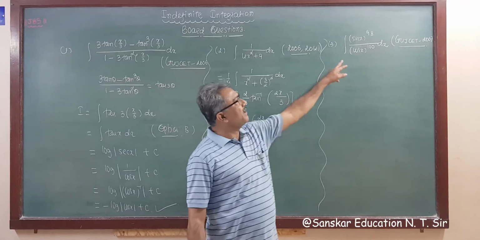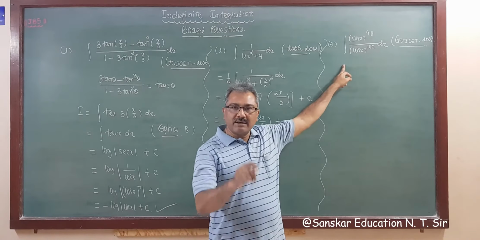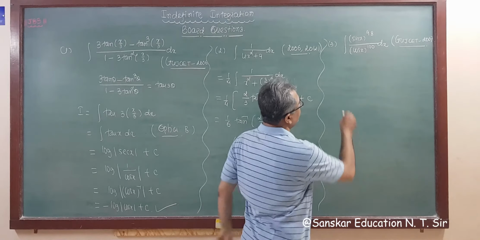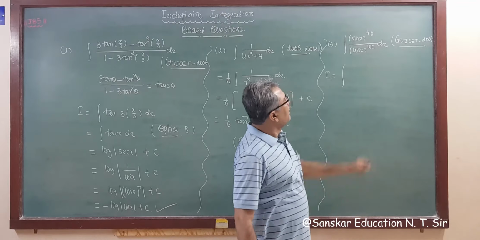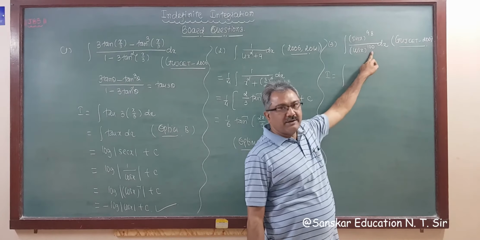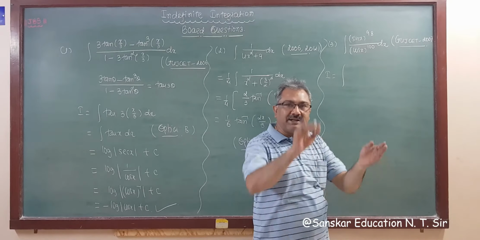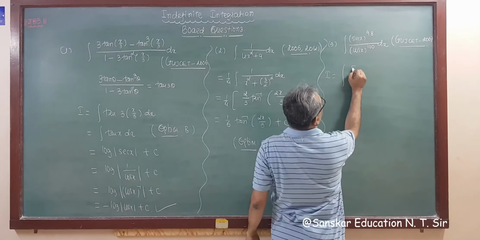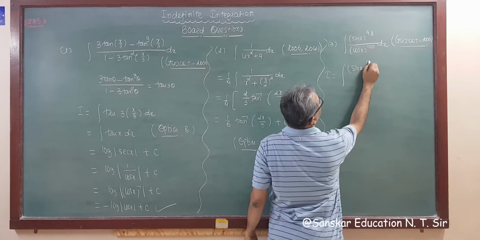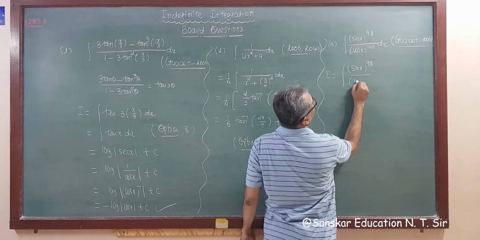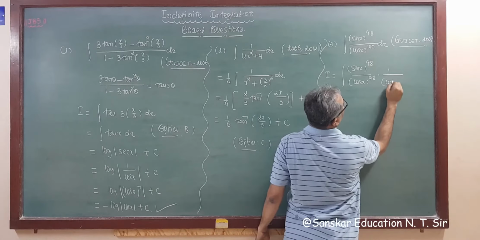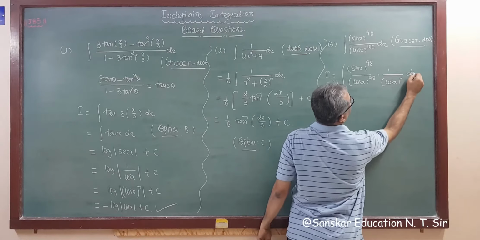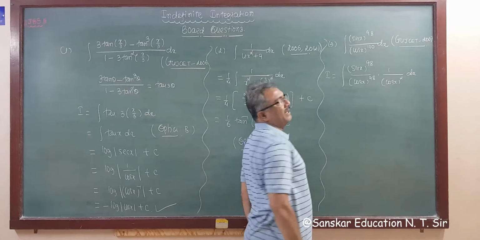Now we read this type of question in the textbook also, and this is an important question. So I is equal to integration. Here the power is 98, here the power is 100. So I am splitting 100 into 98 plus 2. So this becomes sin x raised to 98, and this is cos x raised to 98, and this is 1 upon cos x whole square dx. So 100 is okay, 98 plus 2.